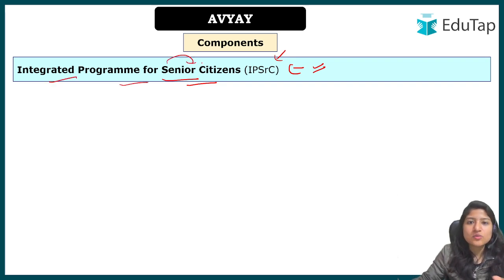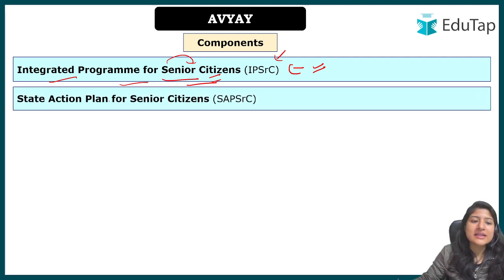So basically under this, old age homes will be created, and the ones which are already created will be taken care of, meaning they should run in good condition. So basically here homes will be made for senior citizens so that they have a proper place to live, they can live with dignity. That's what we discussed in the aim also, right?